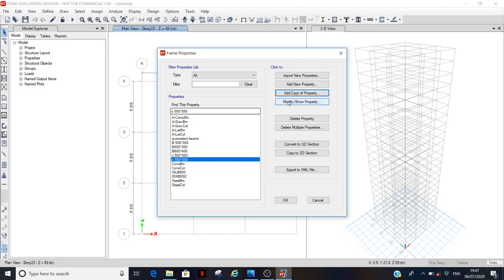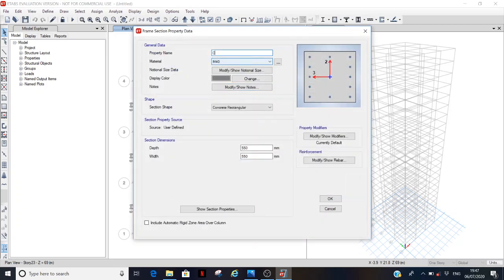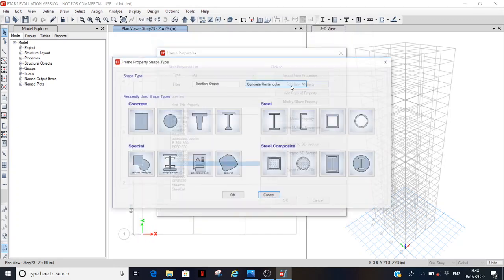It will just be copied. Again define. So give the dimensions. Click on OK. Now go to add new property.